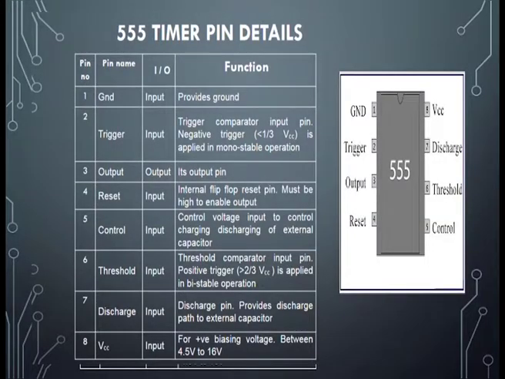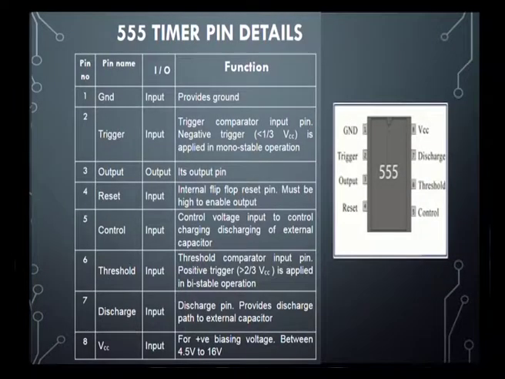It is very important for further studies, because all these pin details will give us the specific internal functions of each pin, and whenever we say 1, 2 or 3 we need to remember what exactly these pins stand for and what they are internally connected to. There are actually 8 pins in a 555 timer, 1 to 8, and it will be shown in the diagram like this, from 1 going to 8.